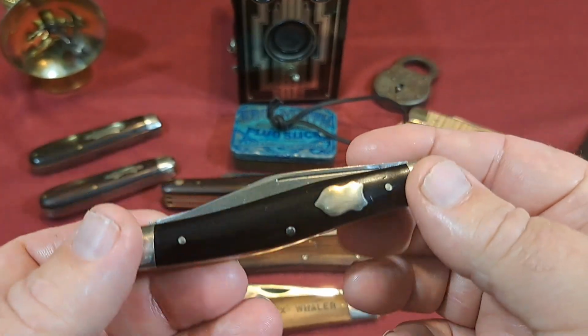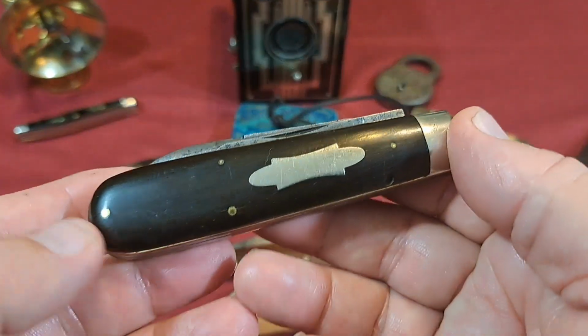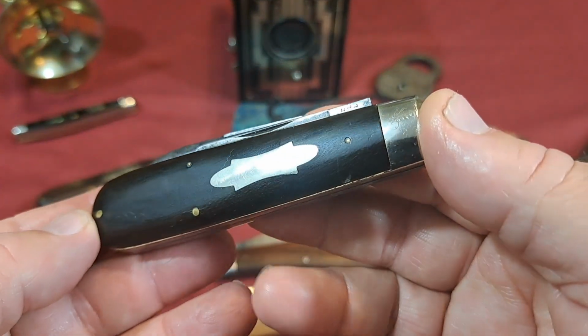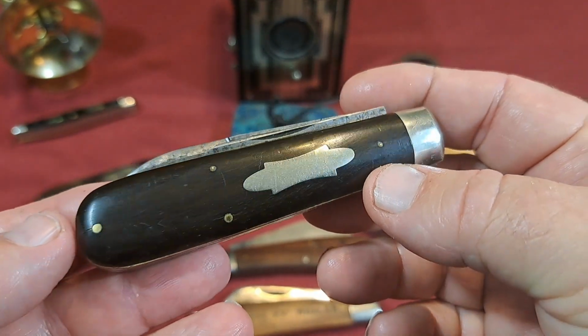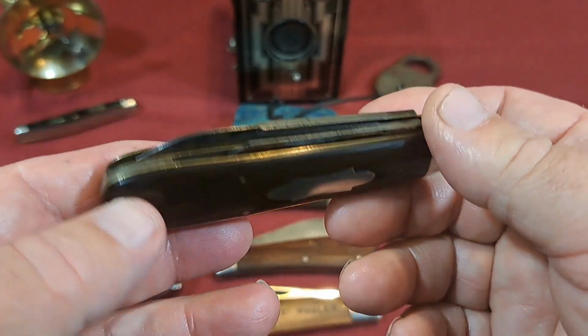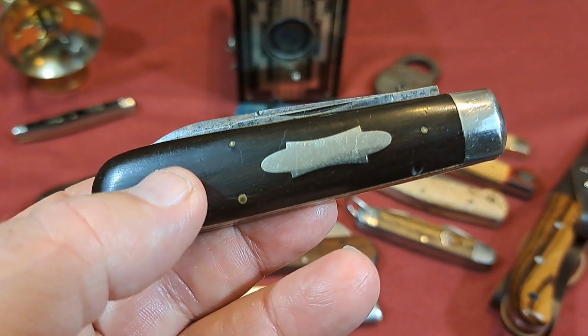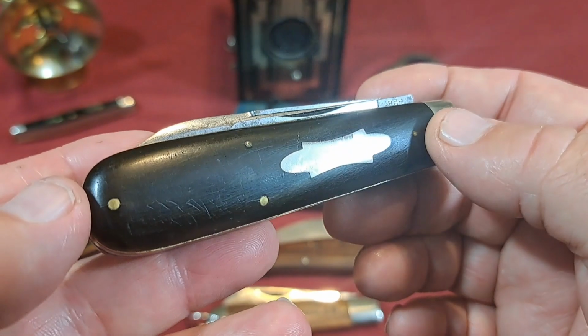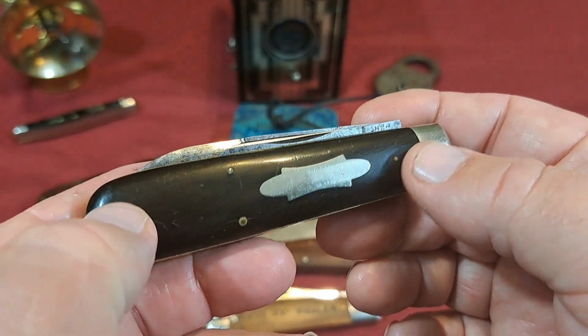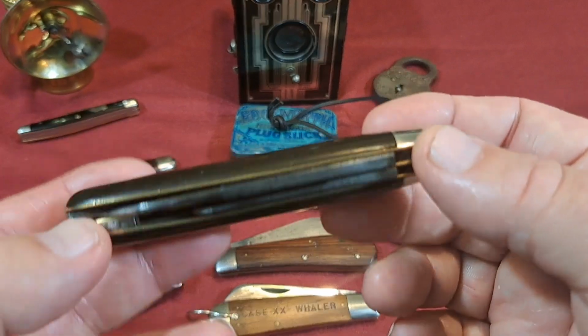And ebony has traditionally been an expensive wood, and so usually on expensive knives. Here's another ebony. This has a little more brown in it, and that's the thing about ebony, is sometimes it can have streaks of brown. There's another species of ebony called, what is that? African blackwood is what it's called, and it actually will have streaks of brown in the black, and that's a pretty interesting knife